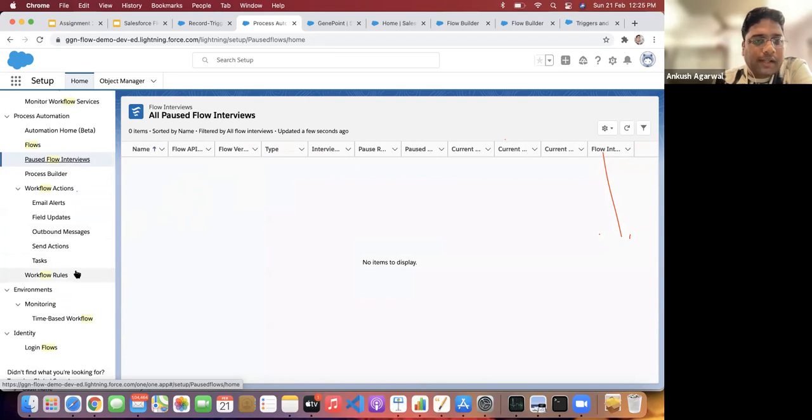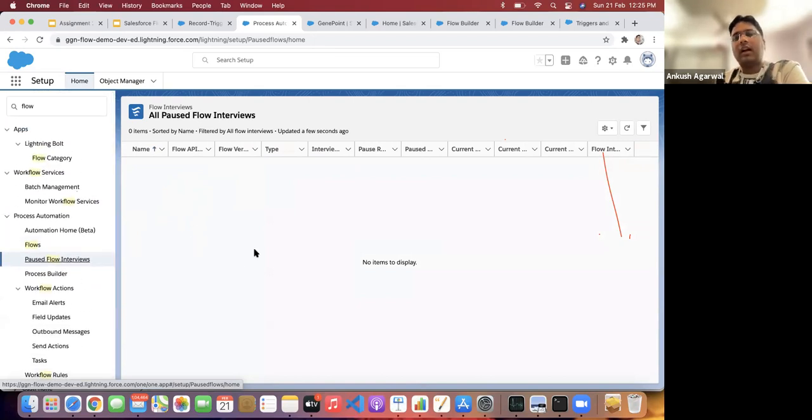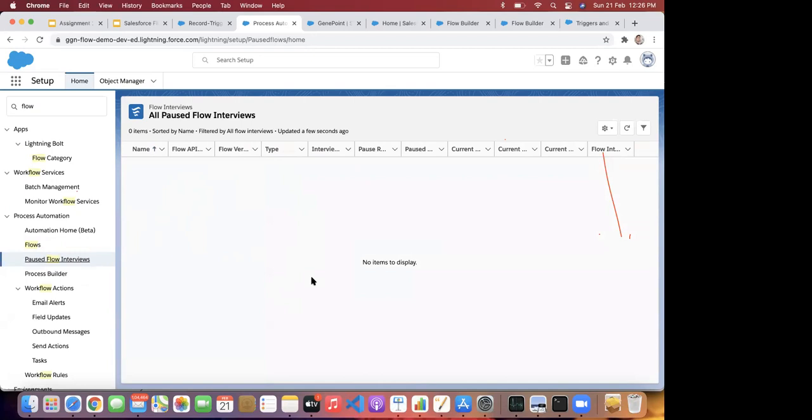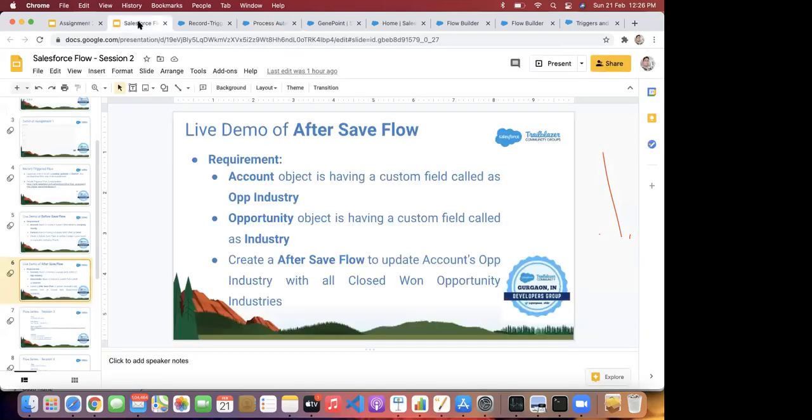So I'll check it and answer it in the next session, on how we can monitor these scheduled actions. So Shivani, you can share this question in the QA sheet, and we will answer that question in the next session.